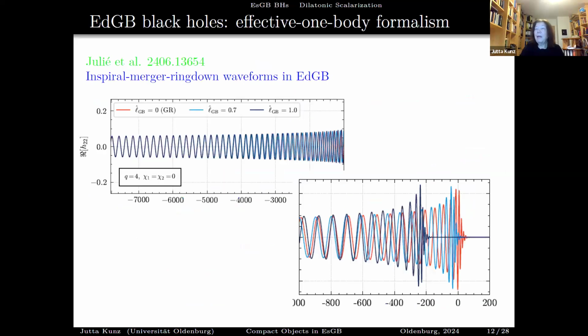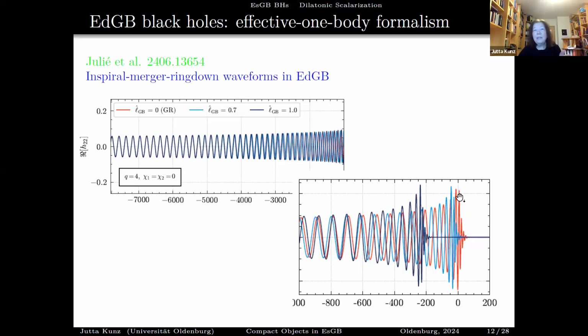However, there are already now constraints coming from gravitational waves, and this is a very nice, interesting paper from the Potsdam group, and they calculated the waveforms in Einstein-scalar-Gauss-Bonnet, so with this exponential coupling. And so here you see all phases, the inspiral, the merger, and only the ring down they took then from some other paper. We had not yet finished our calculations, so they took some other theory.